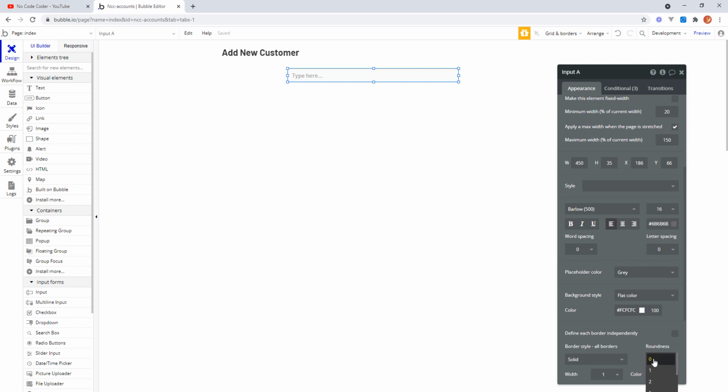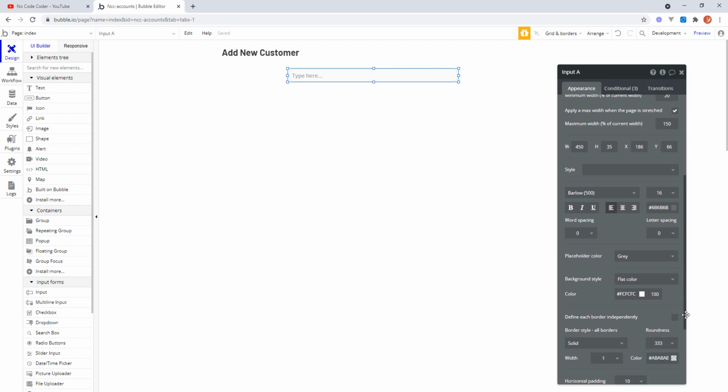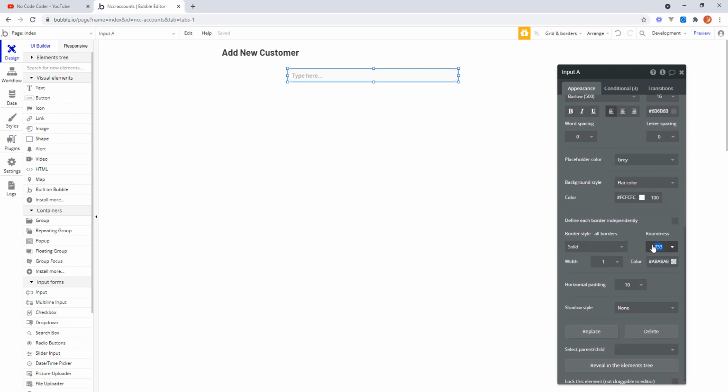The one little gripe I do have with Bubble, and again, it's such a great tool that I shouldn't really complain. Why is it not letting me just type in 3? Right, 3, there we go. The standard controls have not got standard styling on them, so they all look different when you initially drag them on there. Now, you're meant to do your own styling anyway, but still, it's a little bit of a gripe of mine,